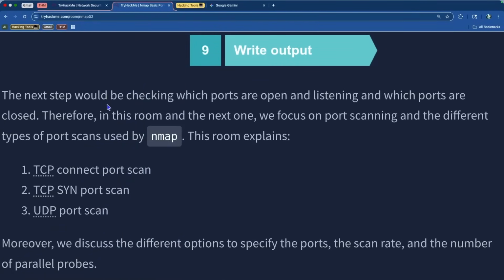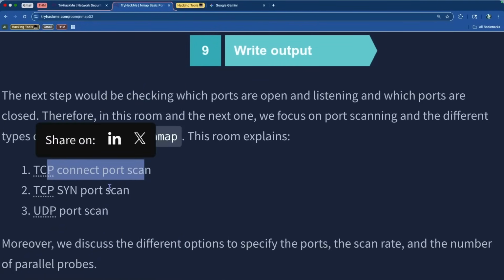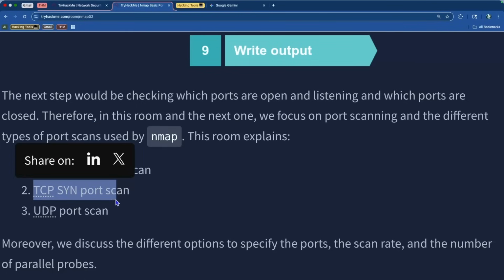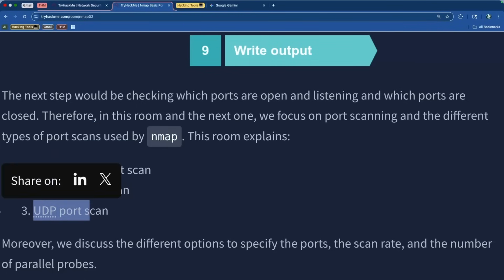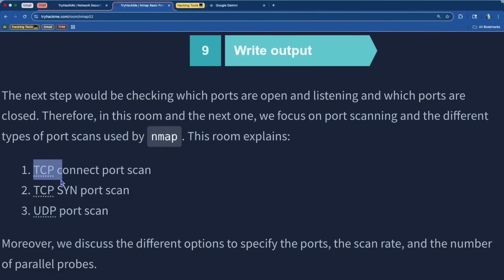So the next series of steps would be the port scan for TCP Connect, and then we have another one for the SYN port scan, and then we have the UDP port scan. So you have TCP Connect and SYN, which are essentially scan types, and then we have the UDP port scan, which is essentially a different protocol on the transport layer that we will be using to try to find open